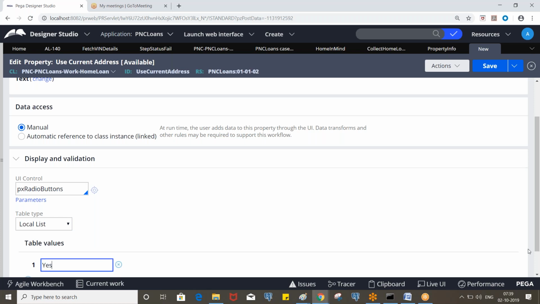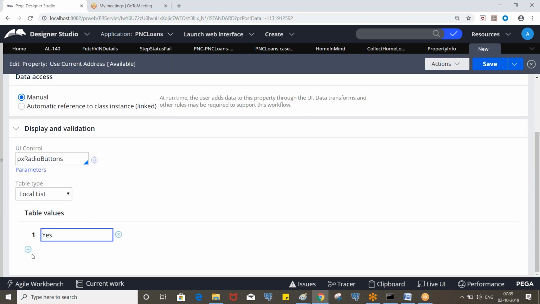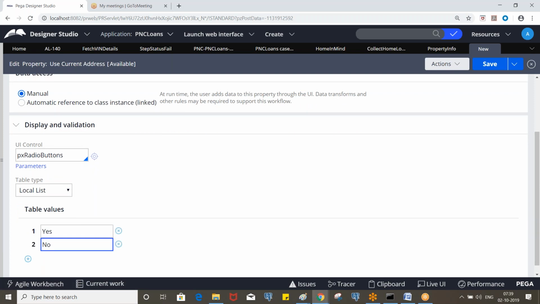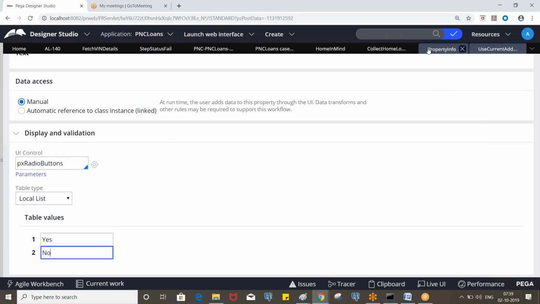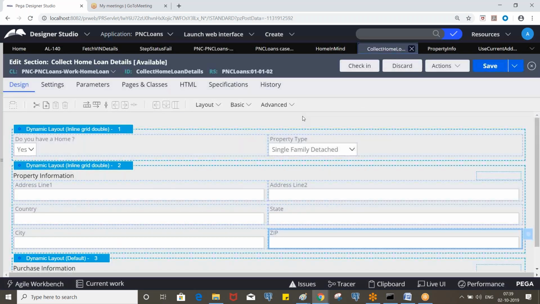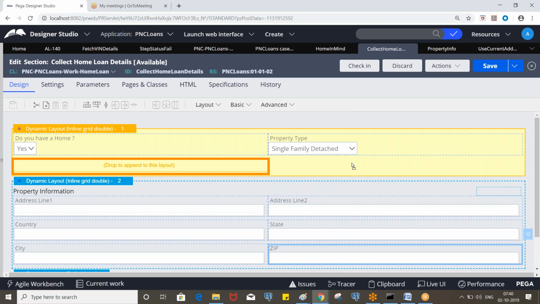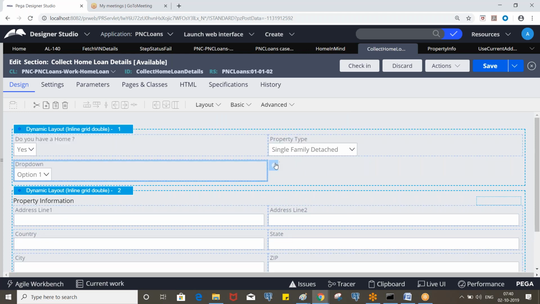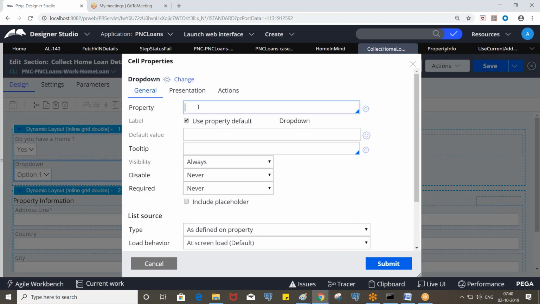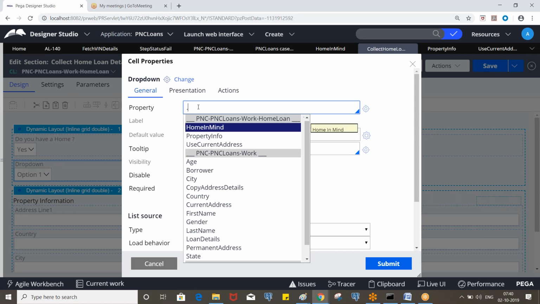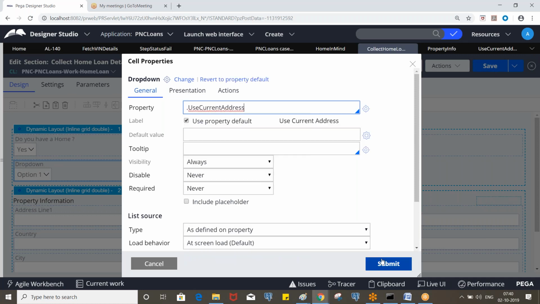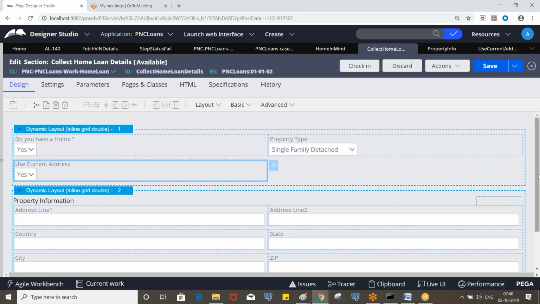Values are yes and no. Okay. So now let's use this property, use current address.